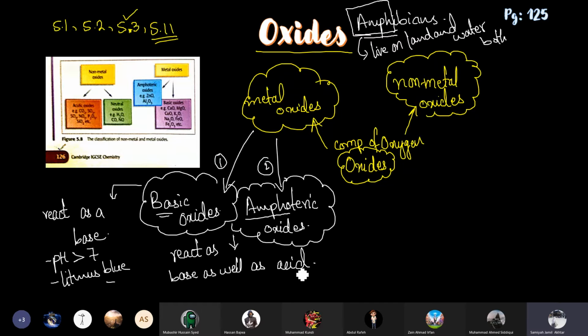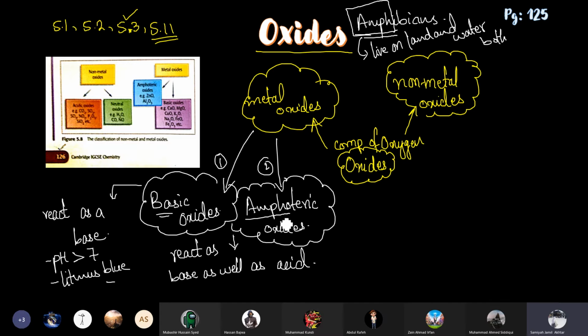We will do the reactions of amphoteric oxides in detail, and you will see when they react like a base and when they react as an acid. But right now, just understand that